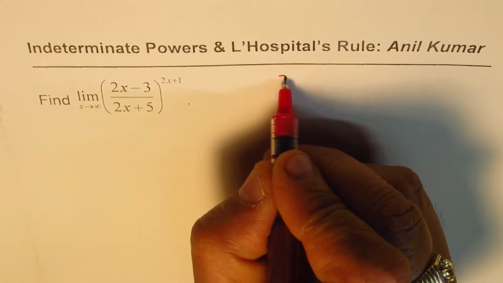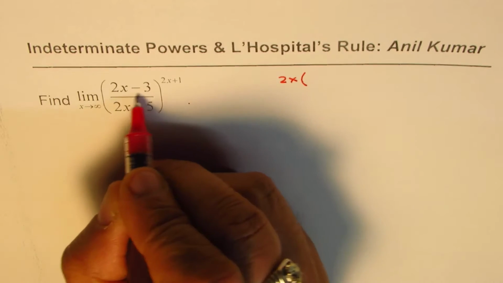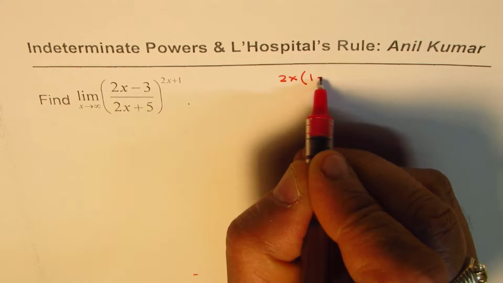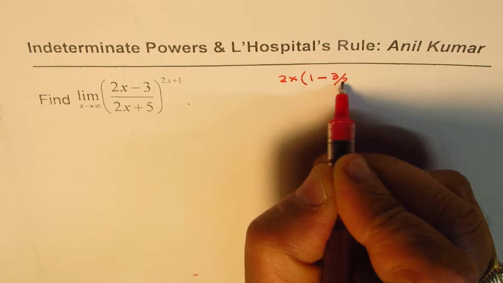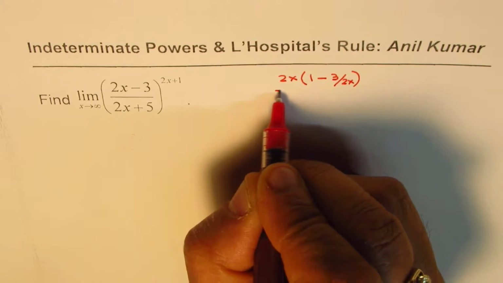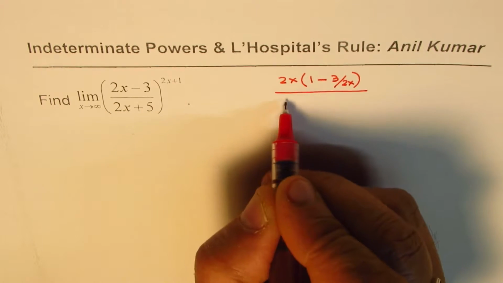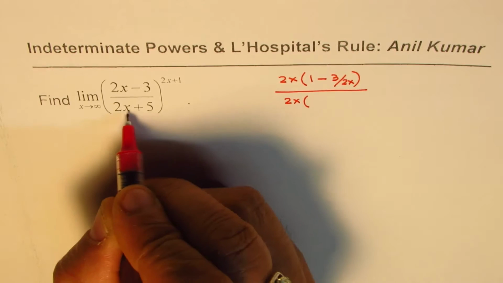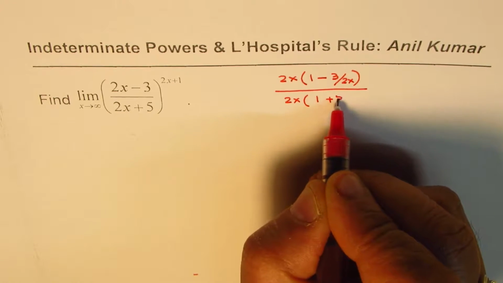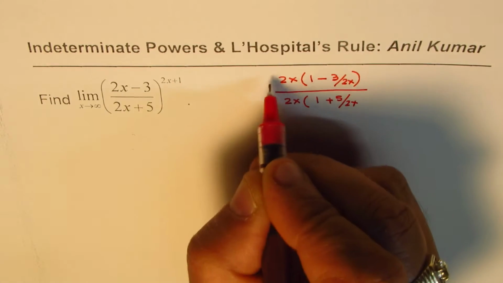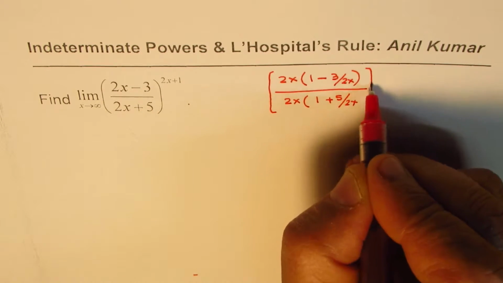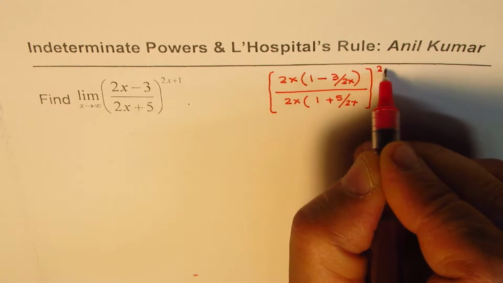So we get 2x times (1 minus 3 over 2x), correct? And in the denominator also I'll take 2x common, so we are left with 1 plus 5 over 2x, and this whole thing is to the power of 2x